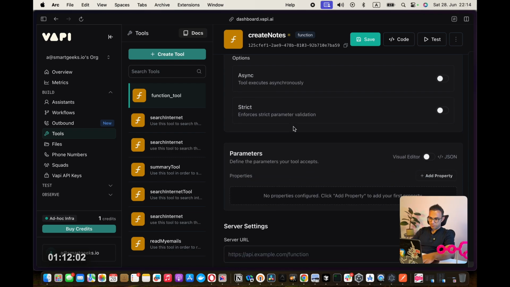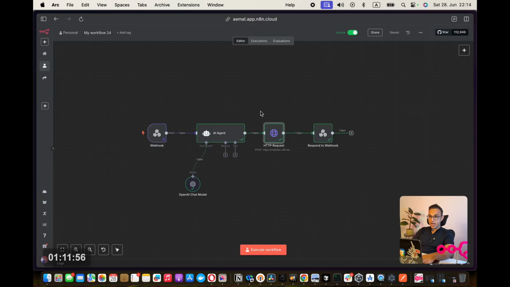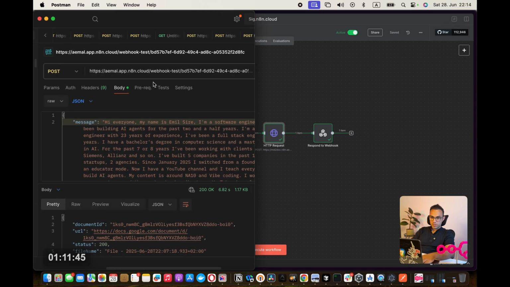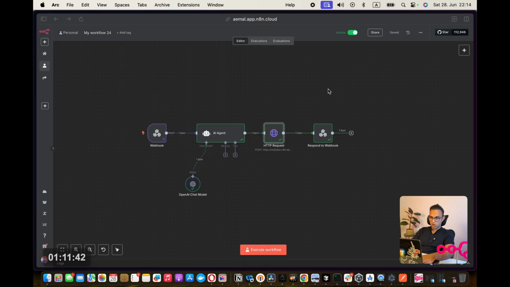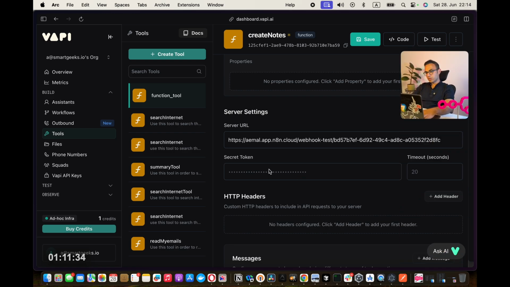Okay, based on that information, now I need a server URL. Where's that coming from? That is my n8n workflow webhook. You remember I said we're going to switch system A to system B? Now we're switching this for Postman. Same concept: I'm going to copy this URL from here and paste it here. So I'm just swapping the systems. If you want to authenticate it, you can use these secret tokens and so on. I'm going to keep this simplified for educational content, so I'm going to just keep it insecure for now.